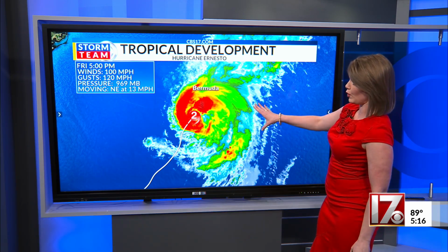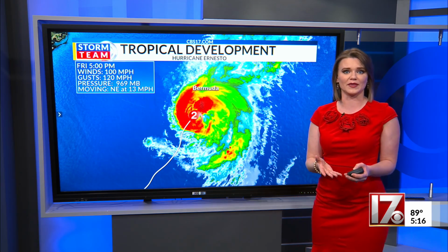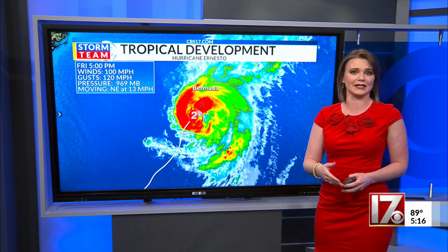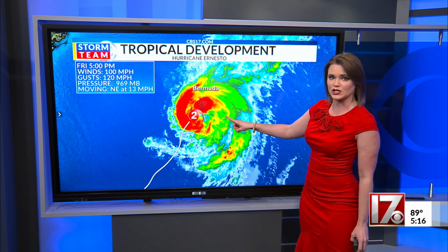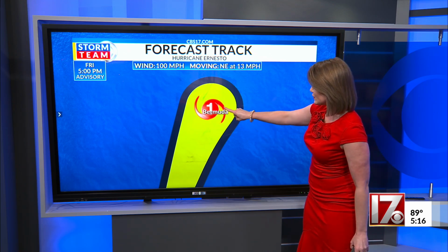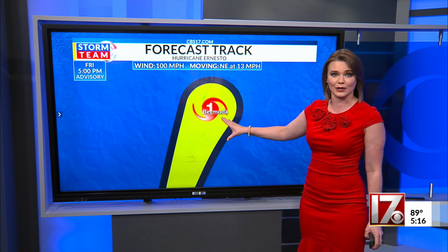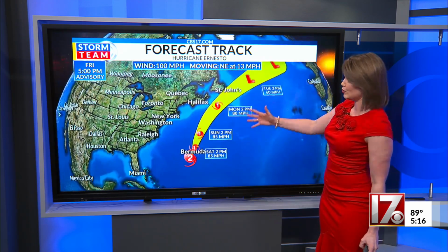Still a strong Category 2 tonight with winds of 100 miles per hour, and it's about 125 miles from the island of Bermuda, although they're already seeing impacts, heavy rain and very rough water. So even if Ernesto doesn't hit Bermuda directly, it will be at its closest point. You can barely see the island there as a Category 1 on Saturday. Fortunately, it is expected to weaken as it moves north, but it's still going to bring rough weather to the